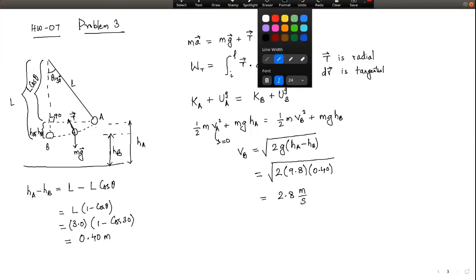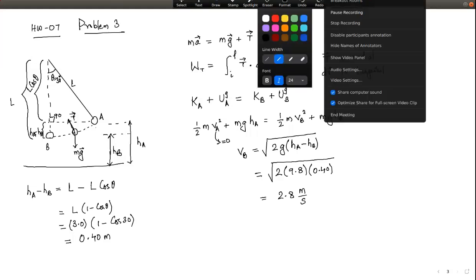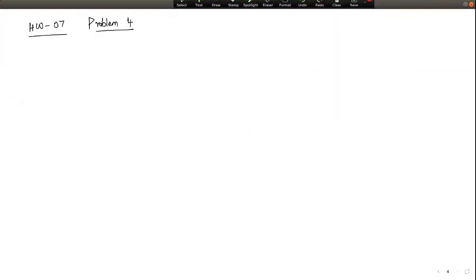Let me pause here and come back. This is homework 7, problem 4. It talks about a mass sliding down an incline and then coming to a stop after compressing a spring. This is almost identical except for some numbers changing, to what we did in the class in the morning today. We have an incline